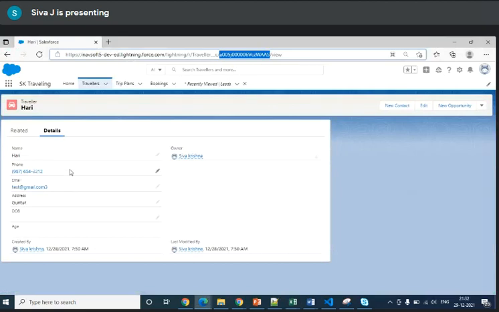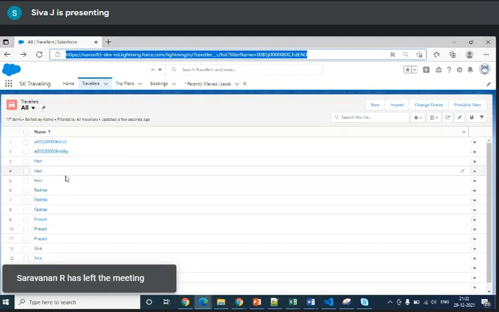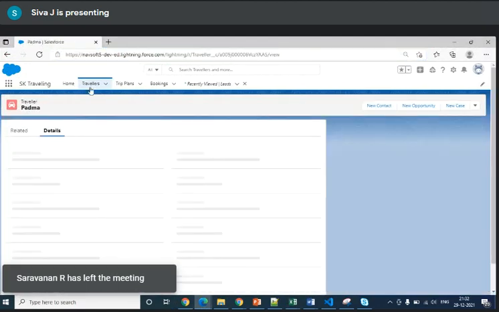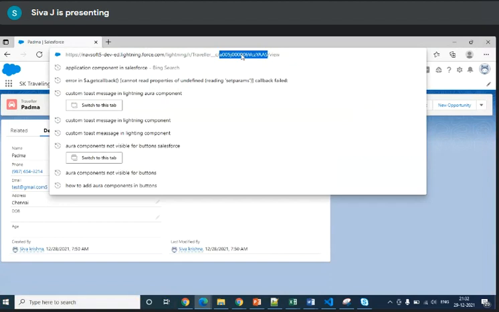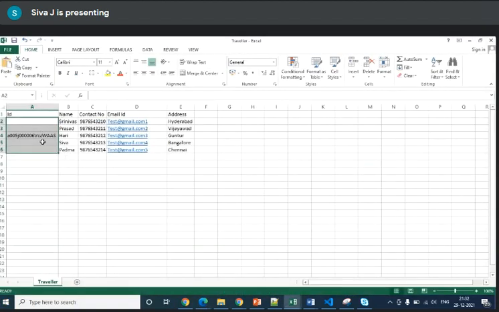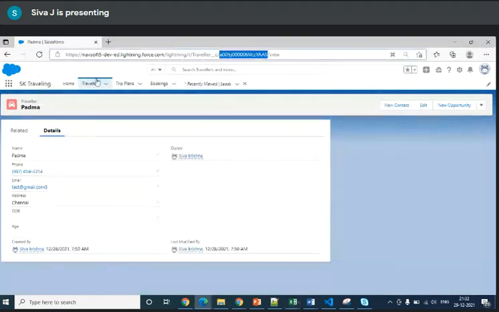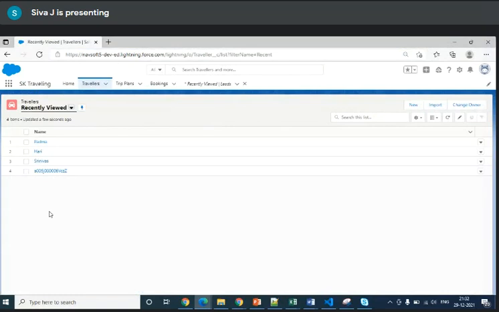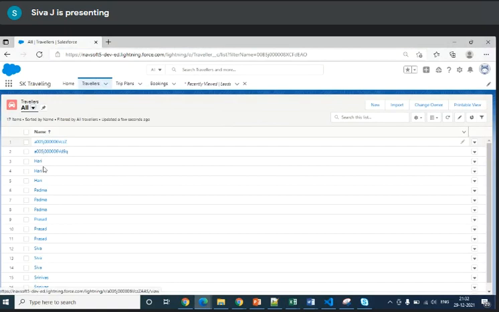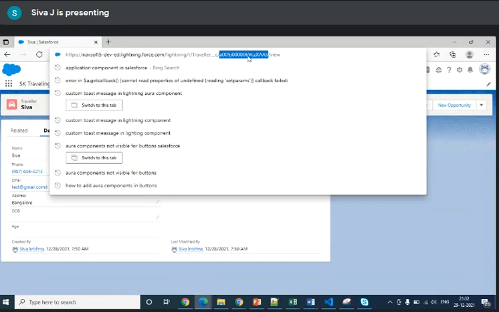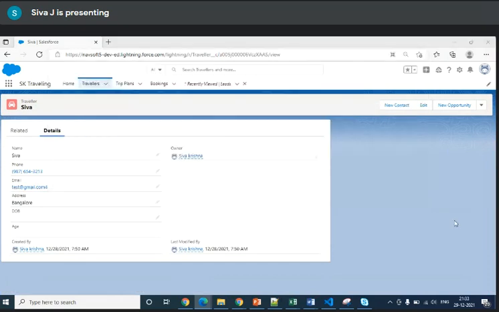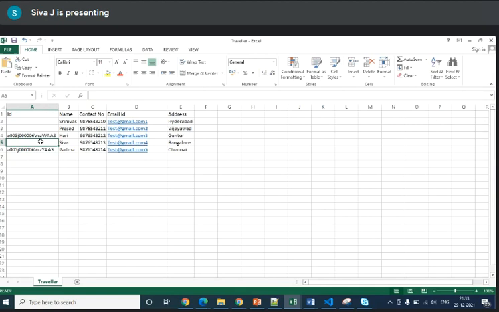Let's see. That is Hari, I took one value. Padma. Shiva, this is for the insert function, right? No, insert has been done. I'm trying to tell you now, update. Okay, so with the existing data, if we want to update anything, then we can use the existing ID itself. Yeah, exactly. You should use IDs.